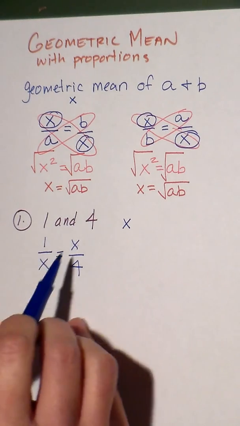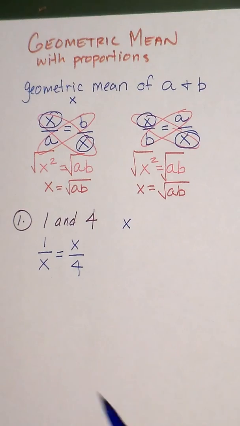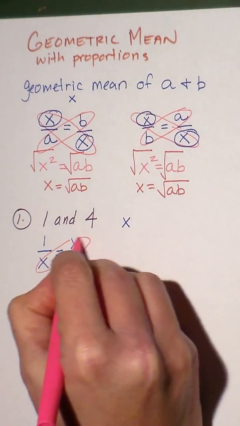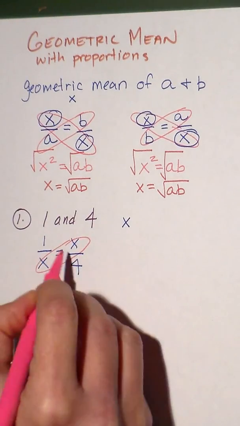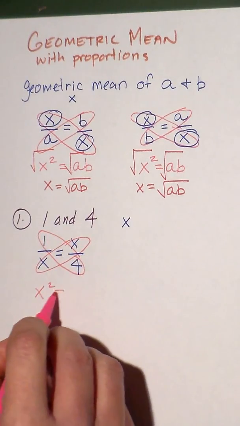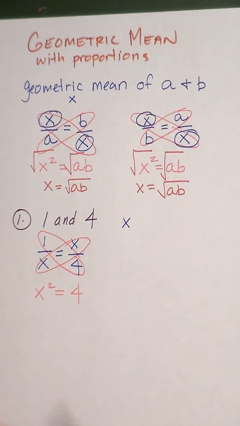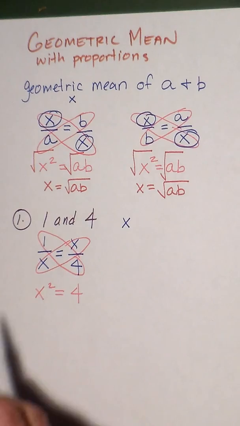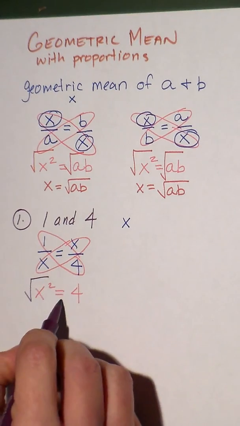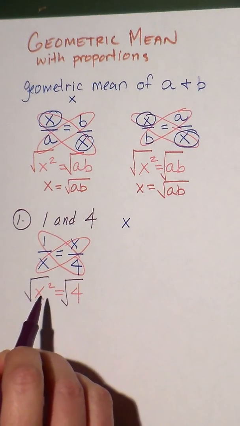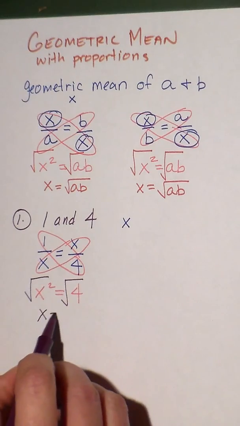A proportion is two equal ratios. That's what a fraction is. So I'm now going to cross multiply. So I have X times X, which is X squared, and I have 4 times 1, which is 4. And then I'm going to take the square root of both sides to solve for X, because I have X squared, but I want X, so X equals